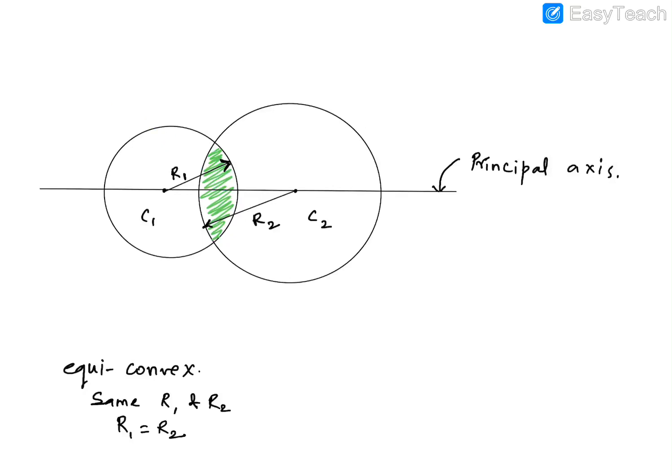So say this is the light ray now. This light ray will go undeviated. You can see the light ray is going straight. If you remember, technically it is not possible for a light ray to go straight, because you can see it's going from air to glass to air, and it is not even falling normally. So obviously there has to be some amount of refraction. But here we are assuming that there is no refraction.